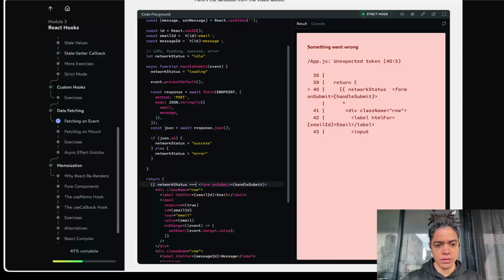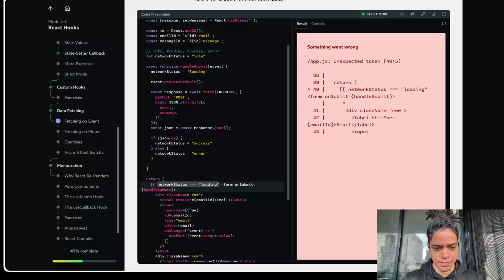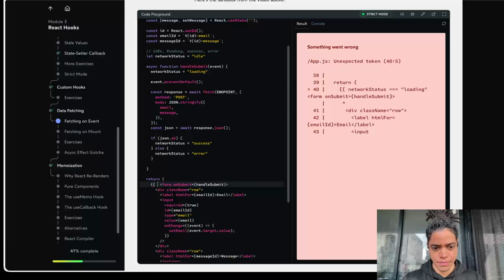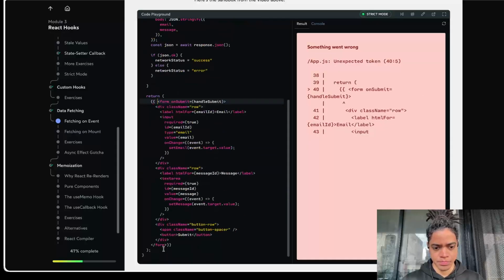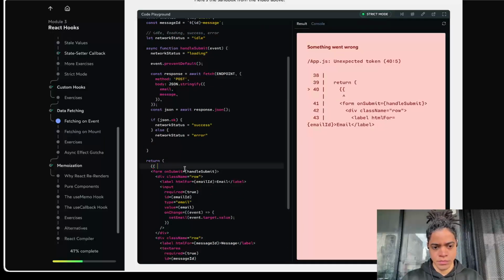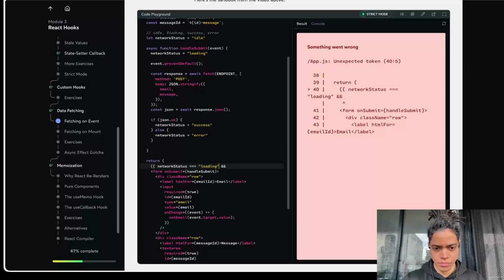So if the network status is loading, let's go evaluate this statement. So if the network status is loading,